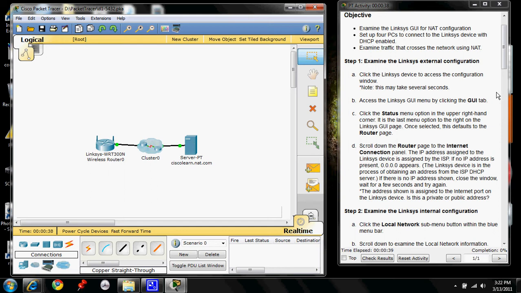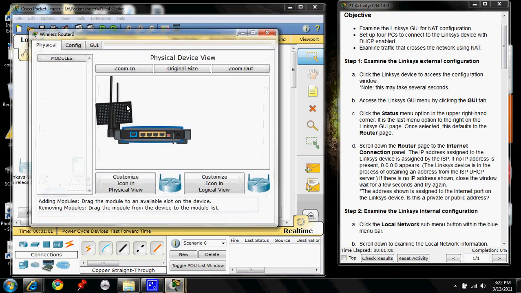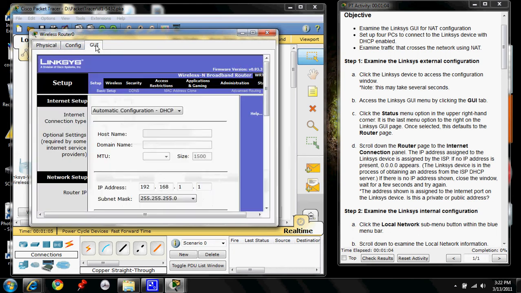So the first thing we're going to do is examine the Linksys internal configuration. So we want to click the Linksys key. First thing I want to do is move all this stuff over, a little farther in this direction, so it doesn't get in the way of anything else. So we're going to click on the Linksys device. We're going to hit the GUI tab,